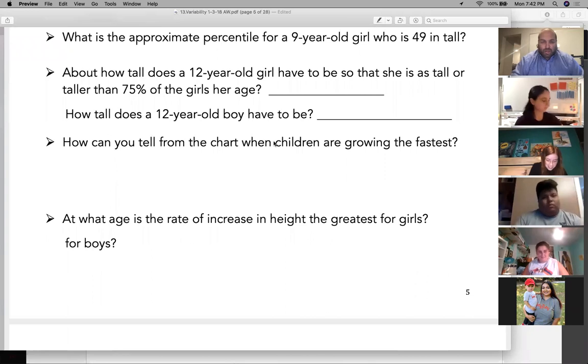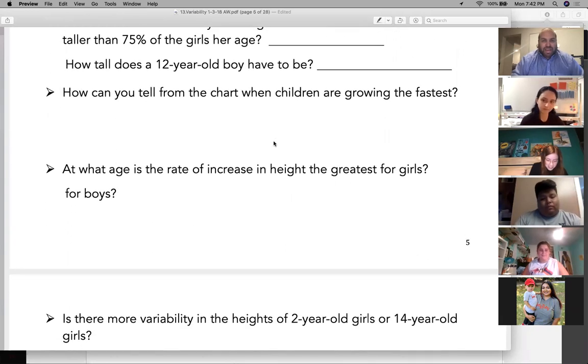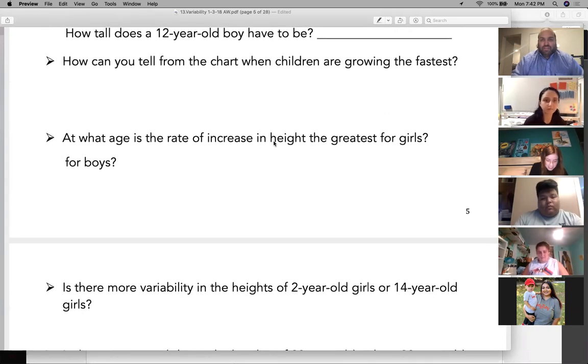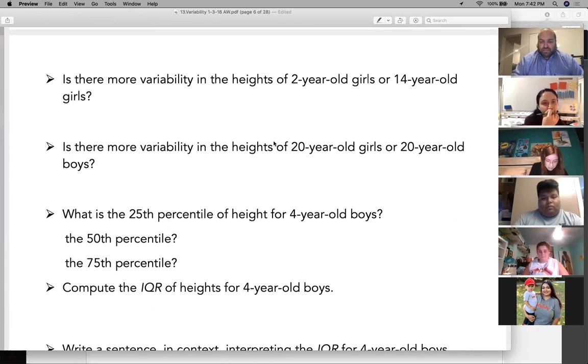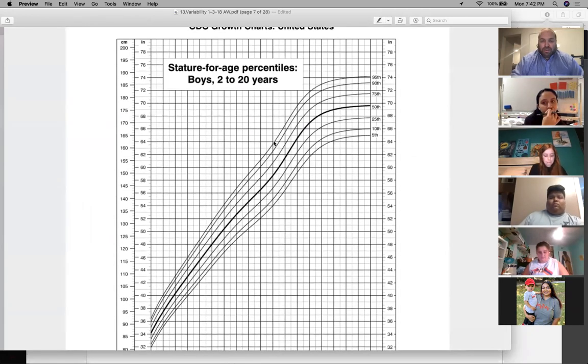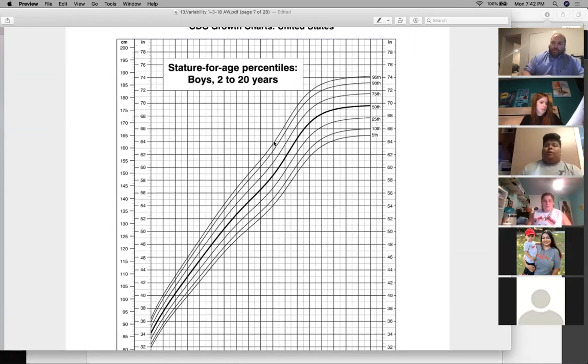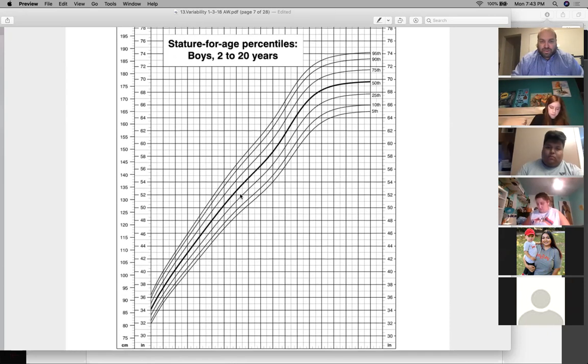So, all right. How can you tell from the chart when children are growing the fastest? The curve gets pretty steep. Excellent, excellent. It's all about the steepness of the curve. Fantastic. I heard that right off the bat. It's when it's steepest. So it looks like girls are growing the fastest